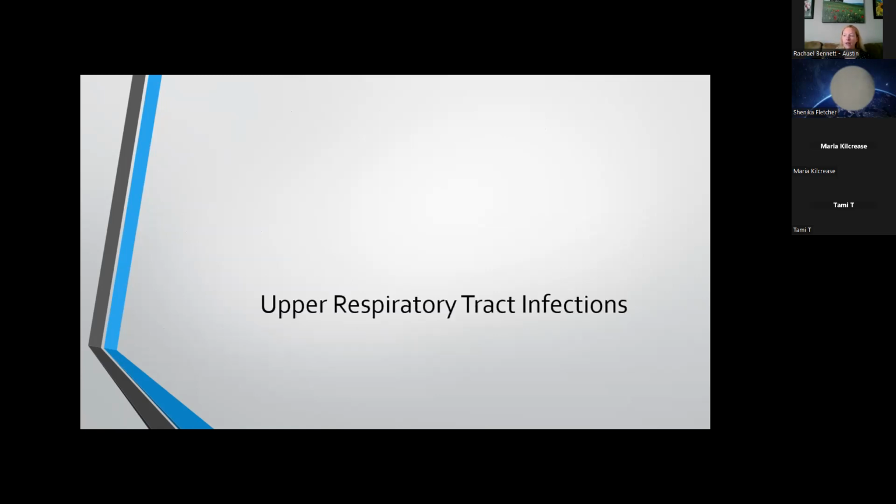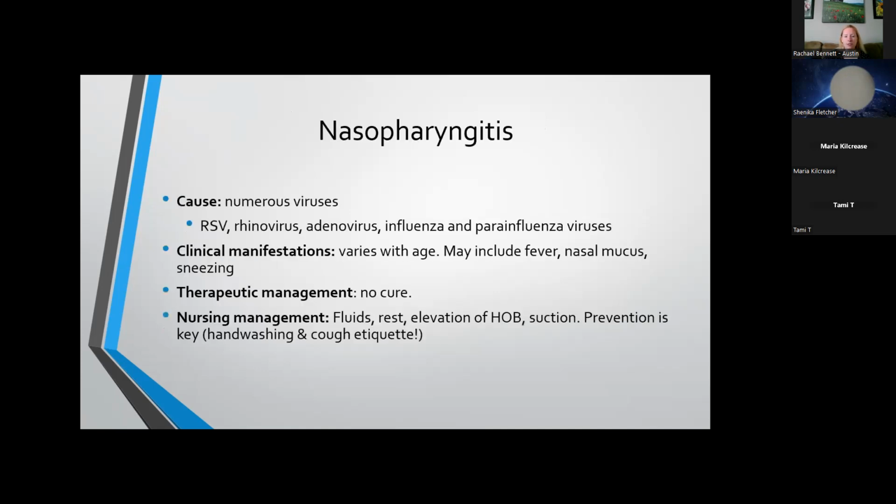Right. All right, now we're going to start talking about some of our specific infections that you need to be familiar with. The first thing that we're going to cover is upper respiratory tract infections. You do need to be familiar as we're going through this. The young child, including the infant, may present differently than the older child. So like we talked about last week, look for those differences. Okay. That's really going to help you when you get into your exam. There's going to be some overlap in symptoms, but look for those things that are specific to the young child or specific to the older child. Okay. So with nasopharyngitis, we have,